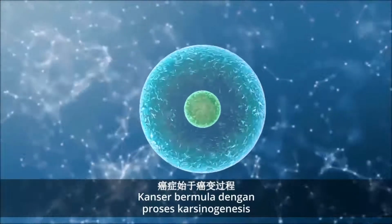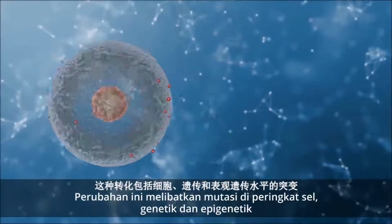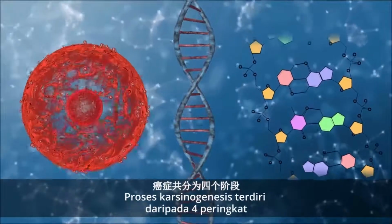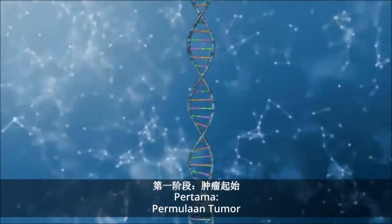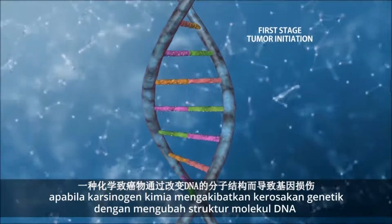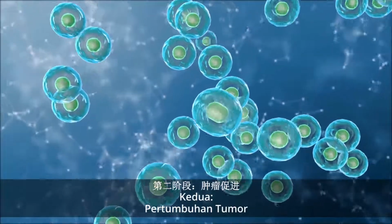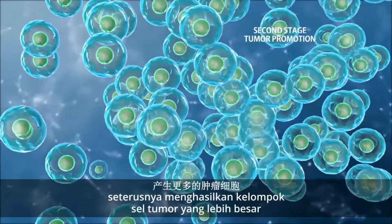Cancer starts from the carcinogenesis process, whereby normal cells are transformed into cancer cells. This transformation involves mutations at cellular, genetic, and epigenetic levels. There are 4 stages of carcinogenesis. First, tumor initiation, where a chemical carcinogen causes genetic damage by modifying the molecular structure of DNA, which leads to a mutation. Second, tumor promotion, where the initiated tumor cell goes through selective clonal expansion, producing a larger population